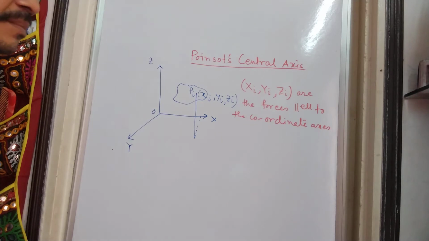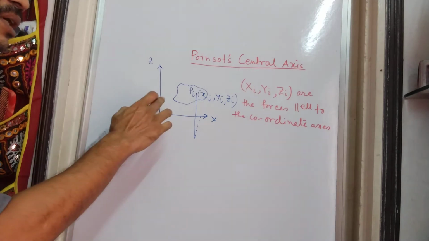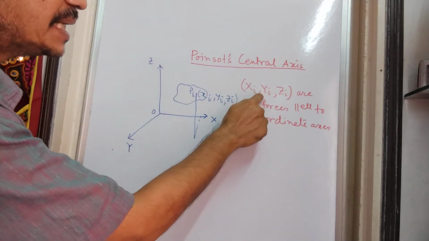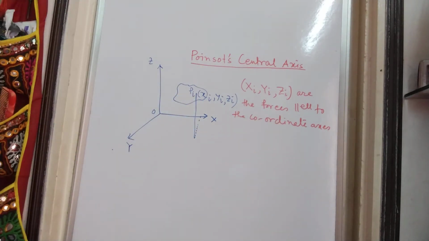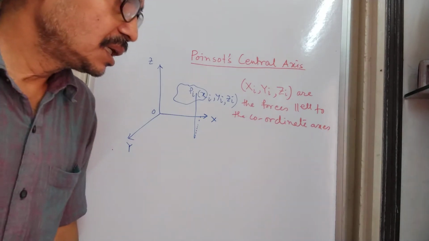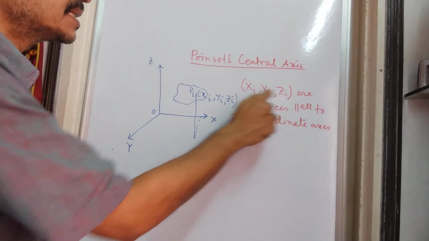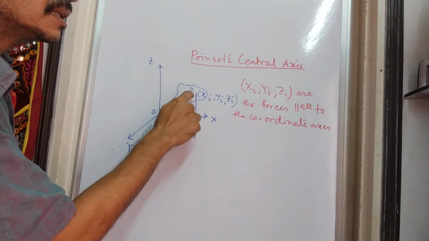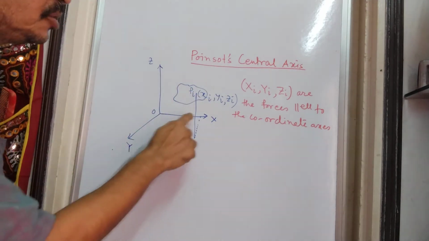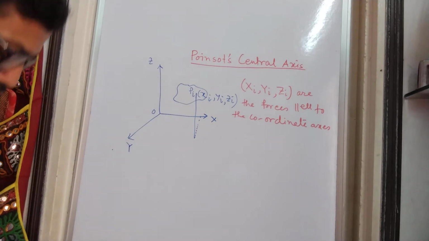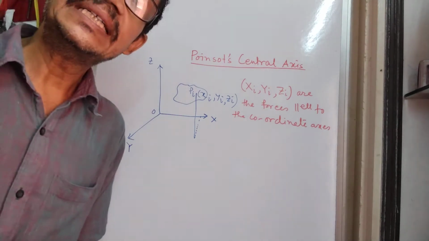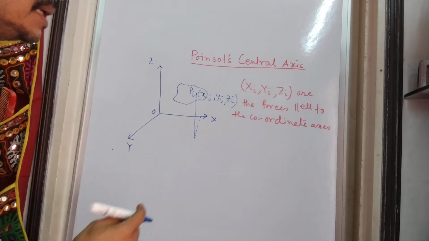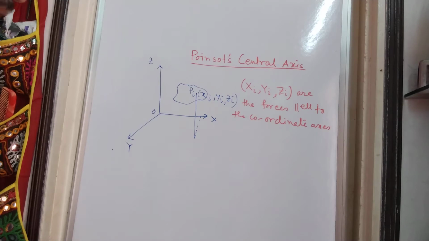evaluate the equilibrium, or the condition of equilibrium, of the body, on which capital Xi, capital Yi and capital Zi are the forces acting on this body parallel to the coordinate axes. So these are the three forces acting at Pi, the ith particle of the body, parallel to these three axes. To find the resultant of all the forces, what we do is that we sum them up and take